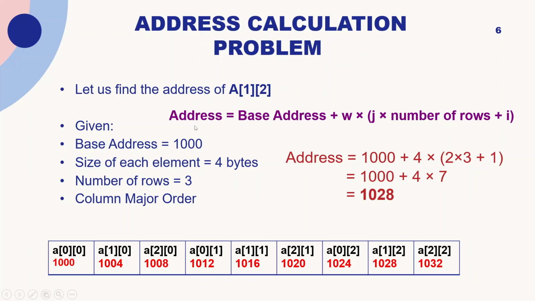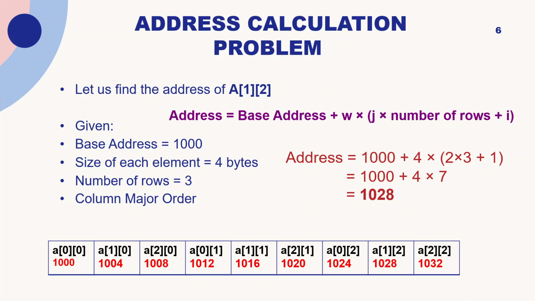First, let me explain the given information. The base address of the array is 1000. Each element occupies 4 bytes of memory. The array has 3 rows and is stored in column major order. In column major order, elements are stored column by column. So the formula for address calculation is